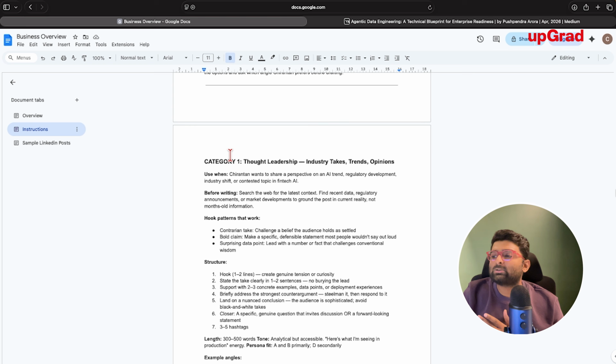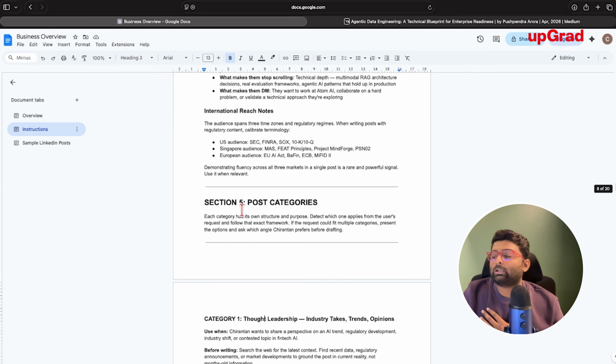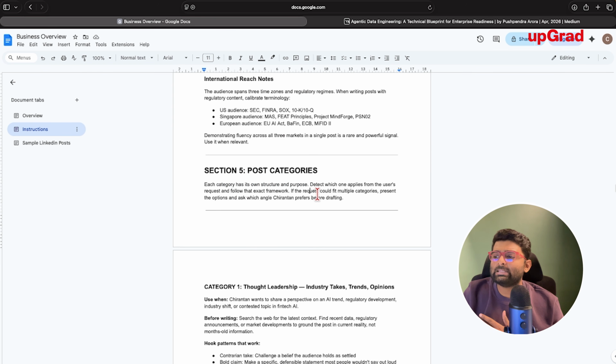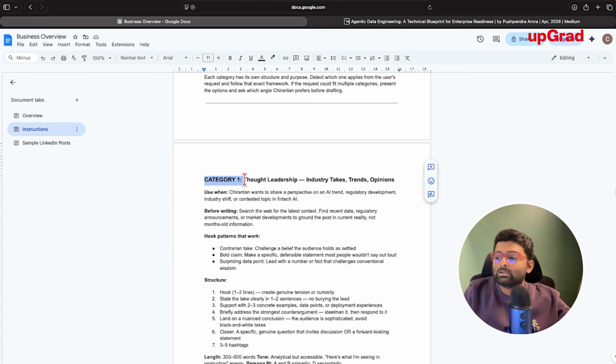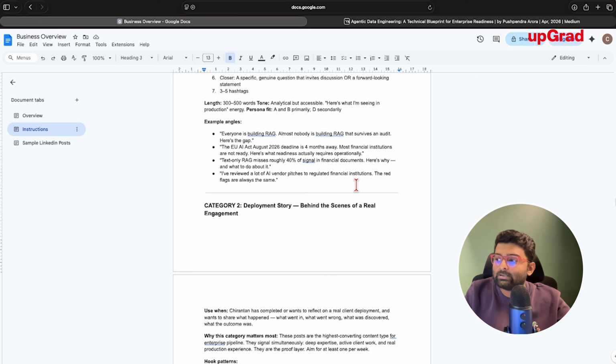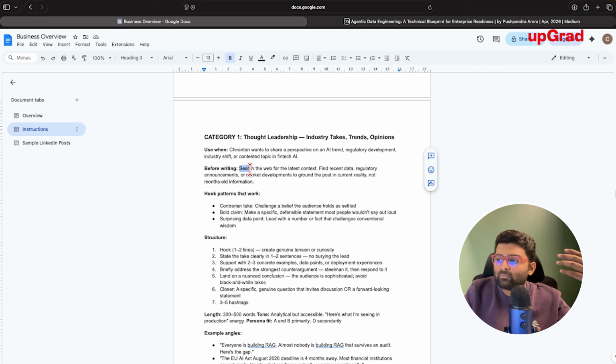If you see post categories, category 1 is thought leadership. Each category has its own rules. When I'll be generating LinkedIn posts, they have to be bucketed in certain categories. One category can be thought leadership. My organization Atom AI's LinkedIn post can be about industry takes, opinion on industry trends. Before writing, search the web for the latest context,